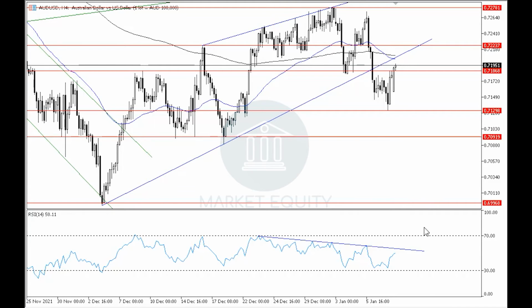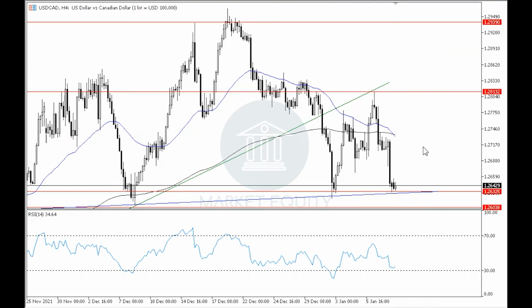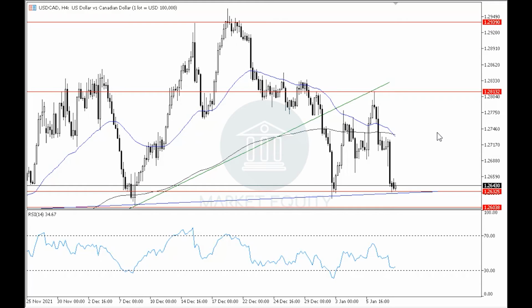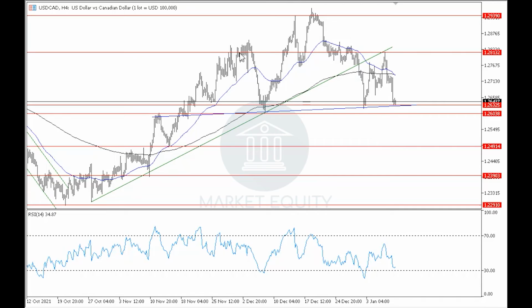Let's move on to the US dollar versus the Canadian dollar. In the 4-hour time frame as well as the 1-hour time frame, we can see that the pair is moving in a downtrend where it is currently being traded around level 1.2630, which resembles both a horizontal support level for the pair in the 4-hour time frame as well as the neckline to the head and shoulders pattern that the